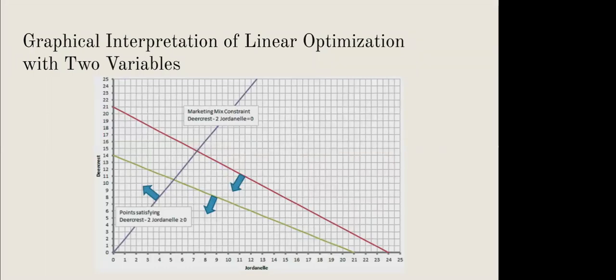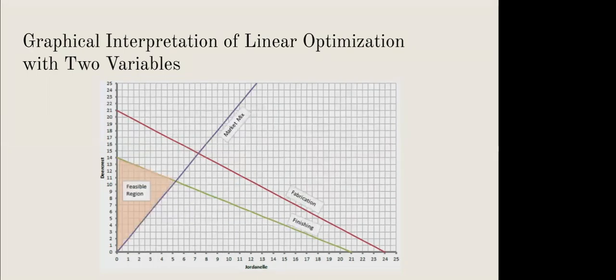The blue line added to the representation represents the constraints for the marketing mix. These are all values that represent scenarios in which twice as many Deercrest skis are produced as Jordanelle skis. Because this equation is greater than or equal to 0, all points above this line are feasible. The highlighted orange section shows all feasible points which are